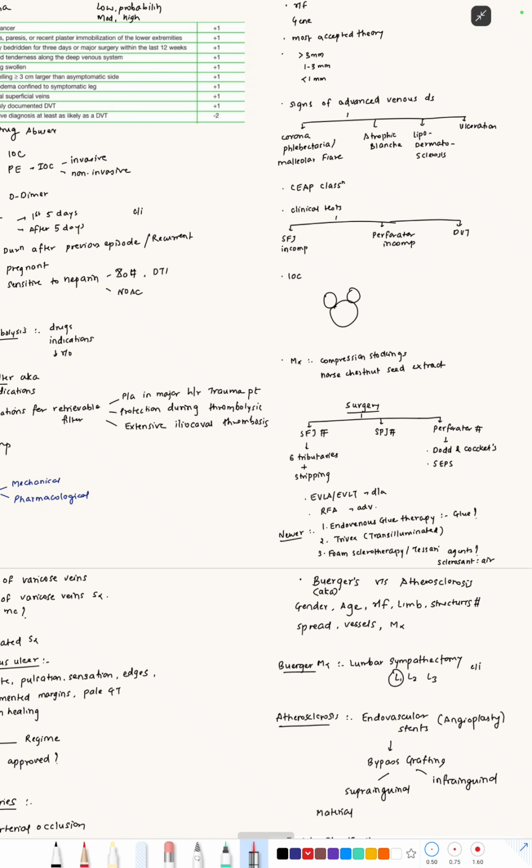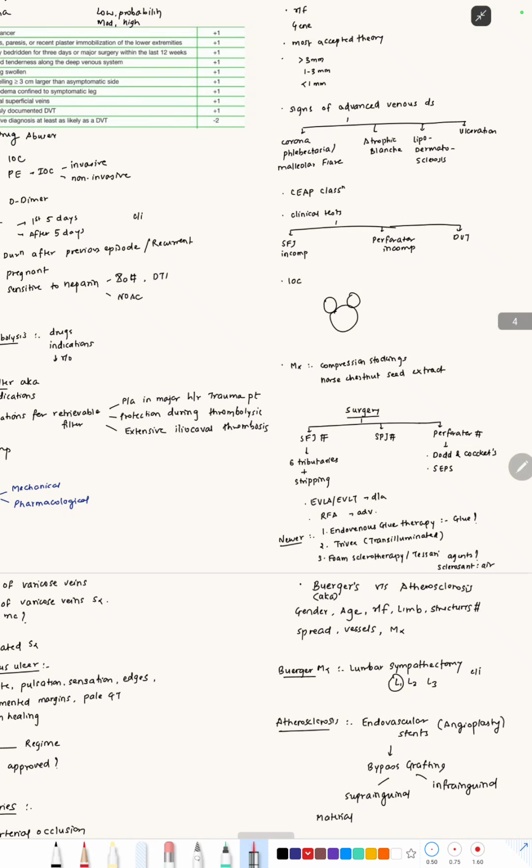And you have to do the stripping of the saphenous vein until the knee joint. Then at the saphenofemoral junction, there is going to be flush ligation of the SFJ. Then in the perforator surgery, we have the Linton's and Cockett's procedure, which is multiple subfascial ligation, a very tedious procedure. Then the next is the SEPS, that is